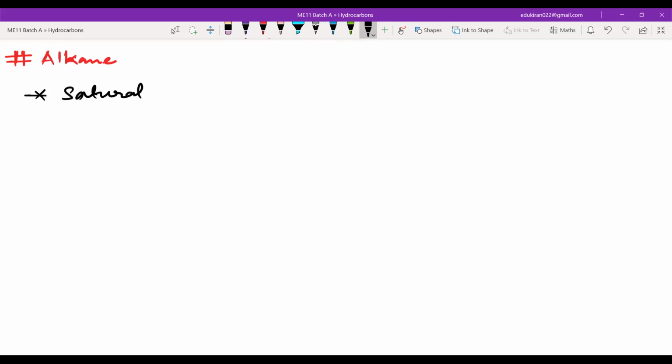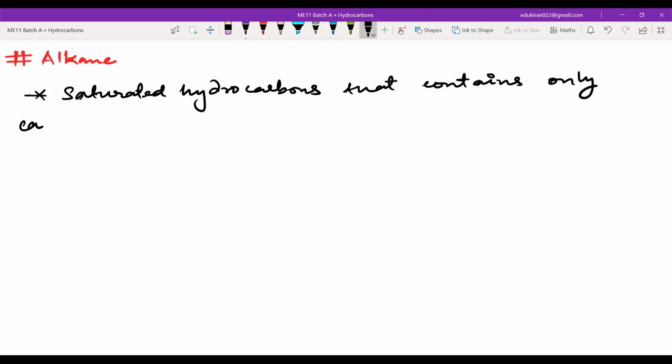Saturated hydrocarbons that contain only carbon-carbon bonds which are single bonds. Okay, so there is no carbon-carbon double bond. These are also known as